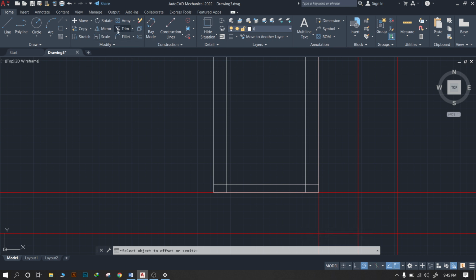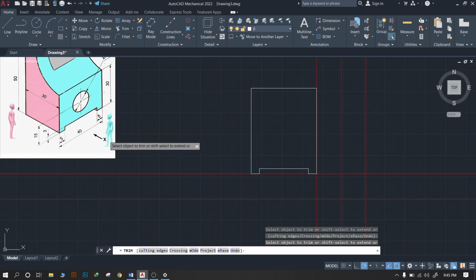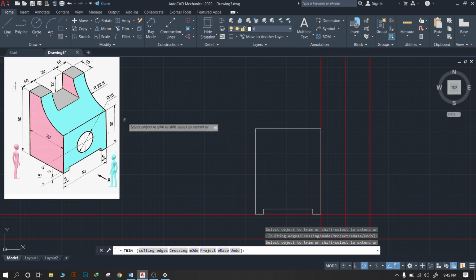So we cut the unwanted lines, as we don't require this vertical line and this horizontal line. Here we got the leg part in our front view. Also we will take the 30 mm length from the bottom, and we will take 20 mm from the top, because we know the total height is 50 mm.